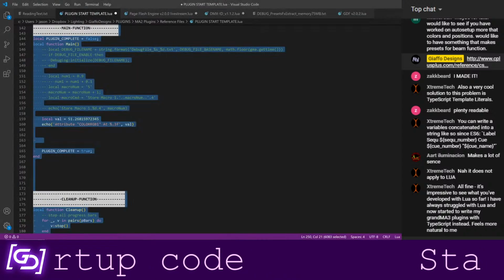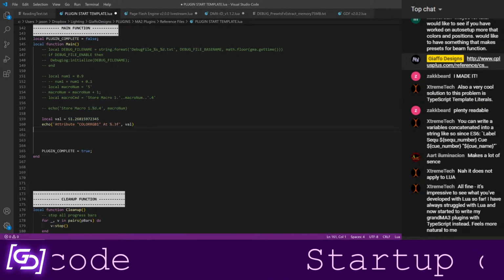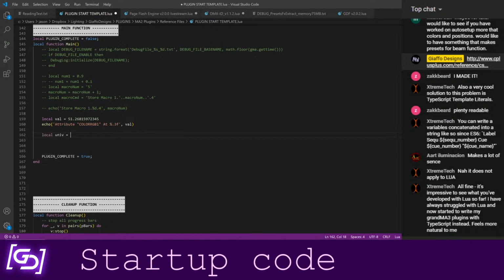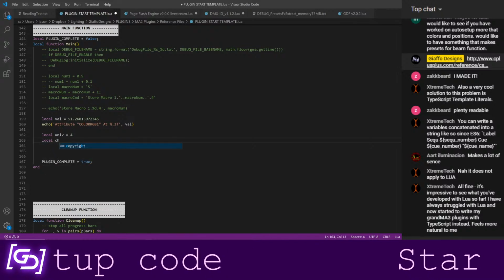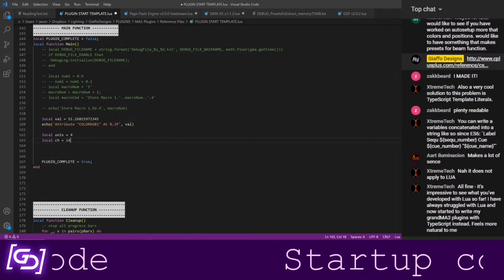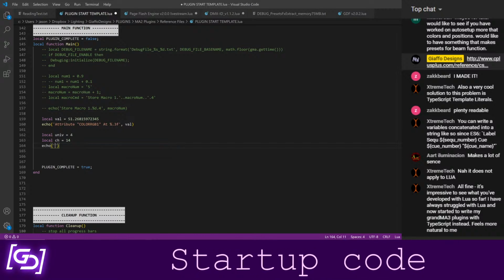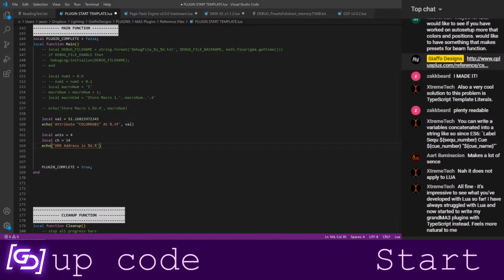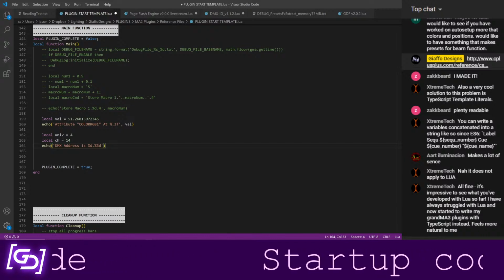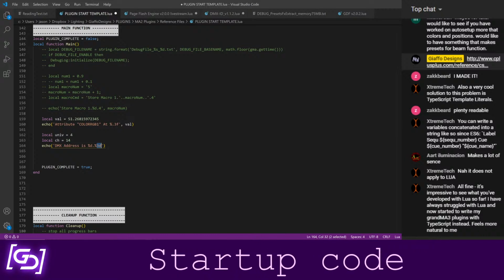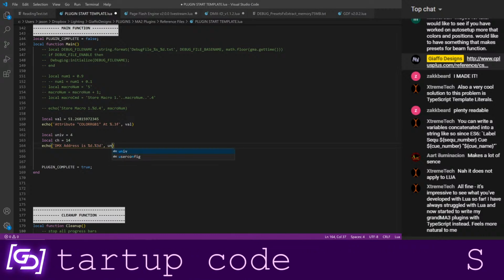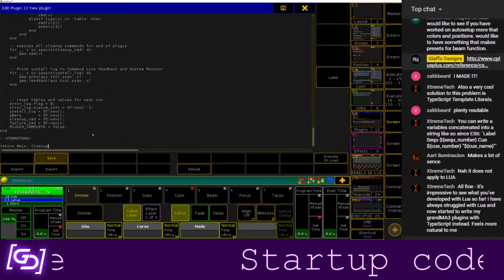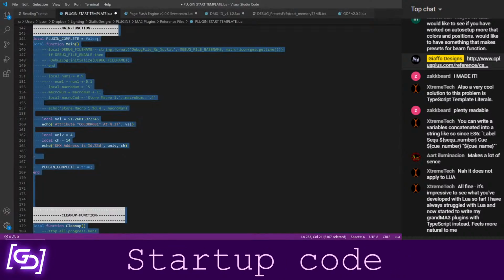For me to print out a DMX address, for example, and this will become relevant in a little bit here, I could say local universe equals 4, local channel equals, I don't know, 14. And I could say echo DMX address is %d dot, and I think I've got this right, but I'm going to try %3d. So this is going to specify the minimum number of digits that I can use. So if I give that universe and channel, what I should see is the address formatting we are all used to on MA. Nope, 0 3d.